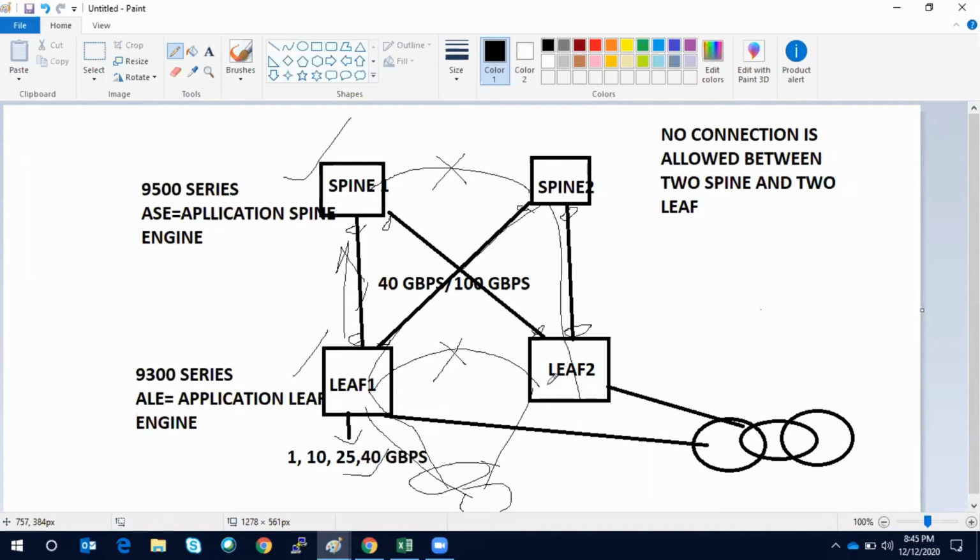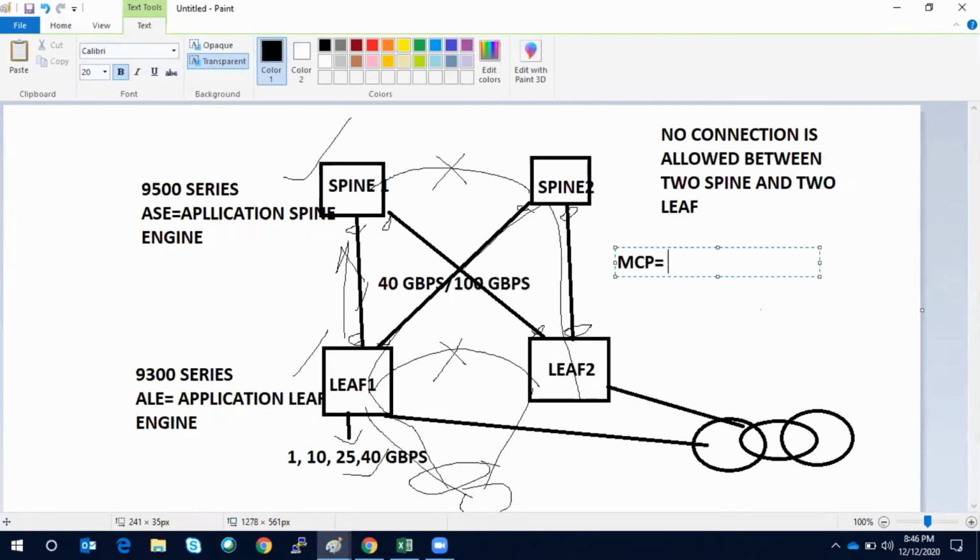So the fabric itself acts at a high level. We will understand this more in detail when we talk about the VPC. But as of now, at the high level, understand that the fabric itself acts as a peer link and peer keep alive link. You are not required to connect the two spine and two leaf. If you connect that, by default MCP works behind the scenes, which is known as the miscabling configuration protocol. It will error disable the port.